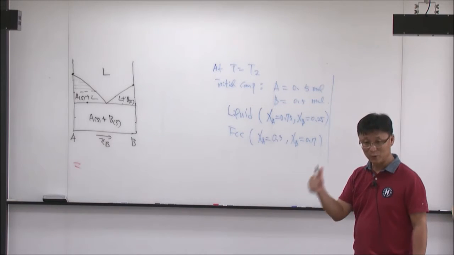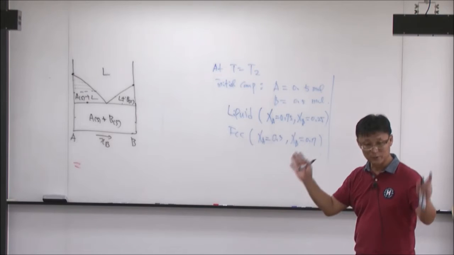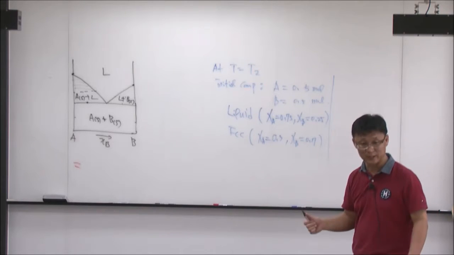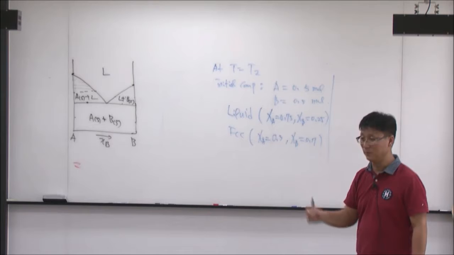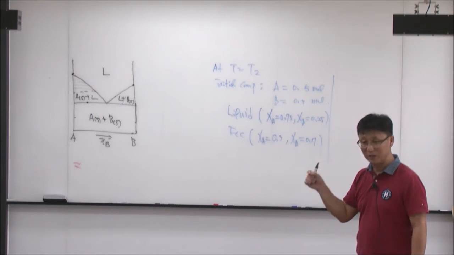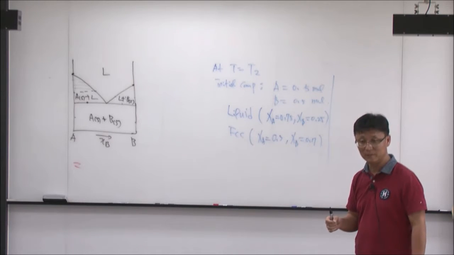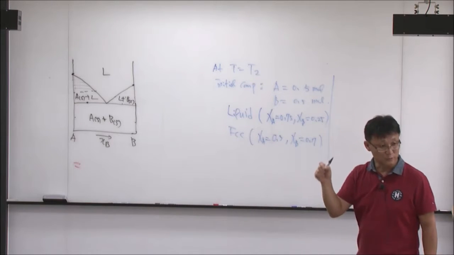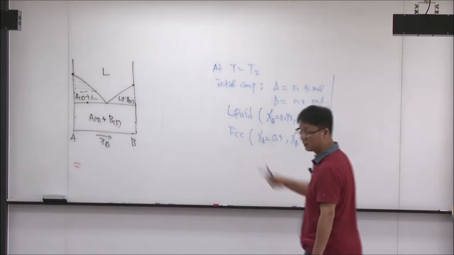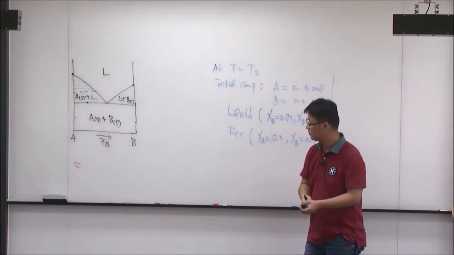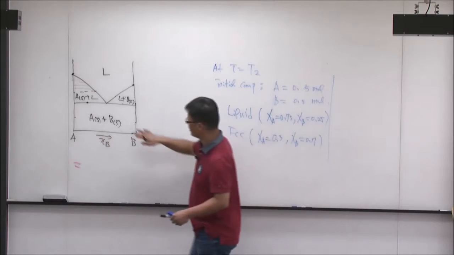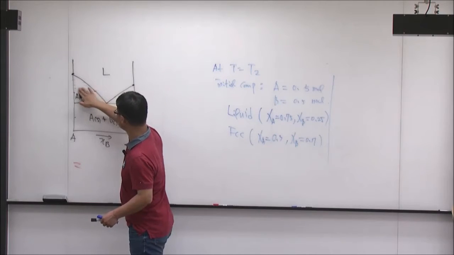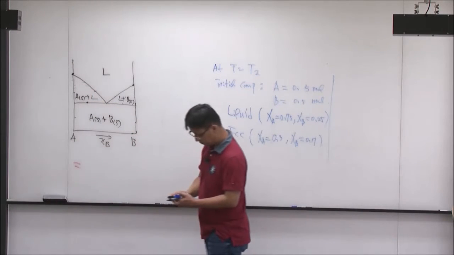Your final exam, one of the questions is like this. I'll give you a relatively complex phase diagram and give you minimum information about what phase can exist in the system. And then you have to put all the phase names for each area. Okay? You good? So that's why you have to know how to read the phase diagram. Okay, now